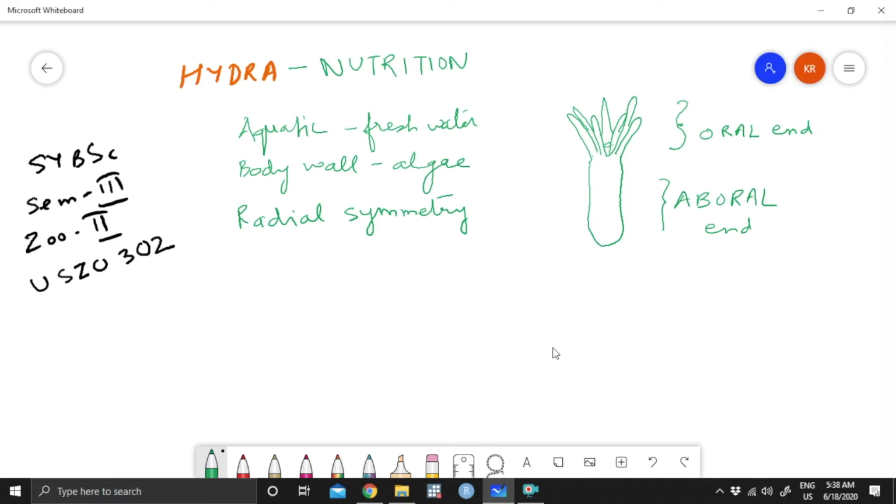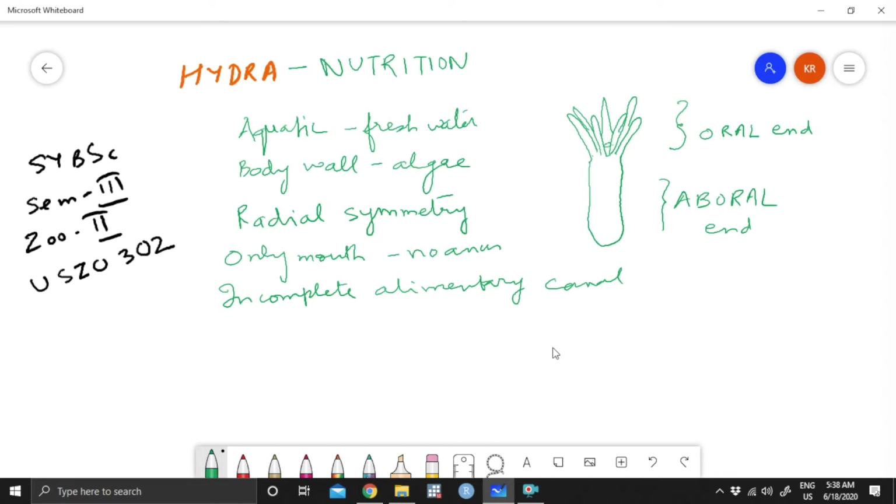That means that there is only a mouth. There is no anus. This is an example of, therefore, animals with an incomplete alimentary canal. Note that as far as digestion and nutrition are concerned, it is adequate. But in early evolution, this was not developed, and therefore we say that this is an incomplete alimentary canal with only the mouth but no anus.